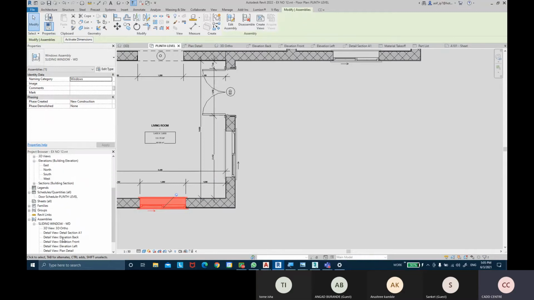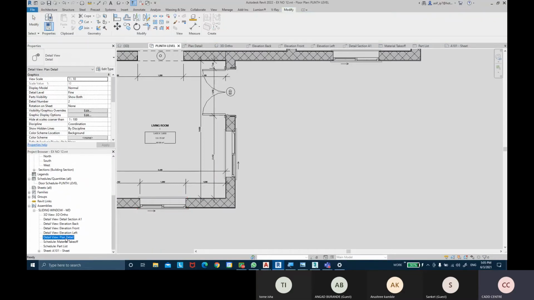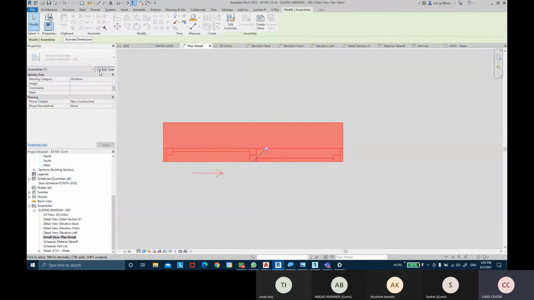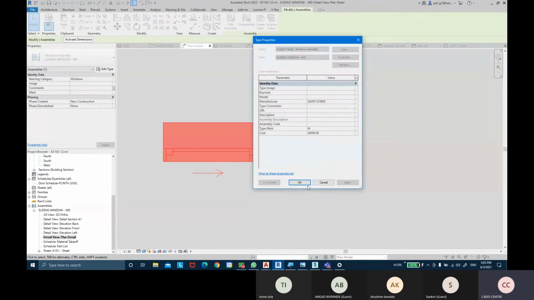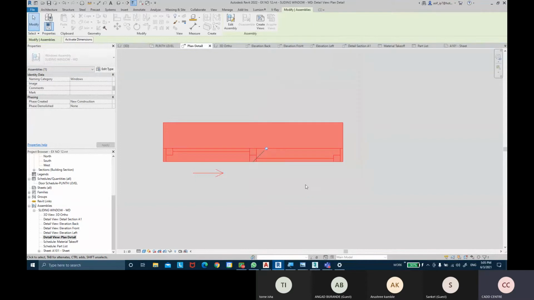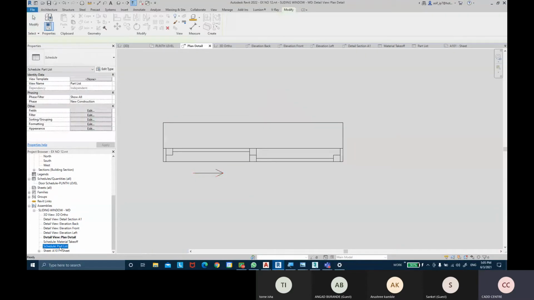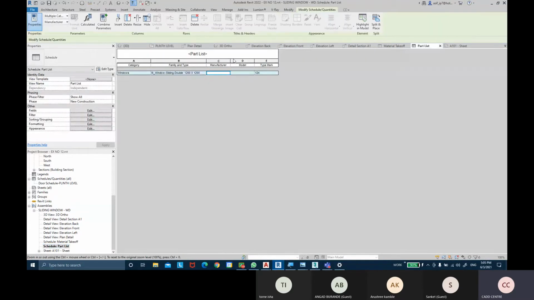If I come into the plan view, let's check once again. In the selected edit type, we have given the information. It is not displaying the text.